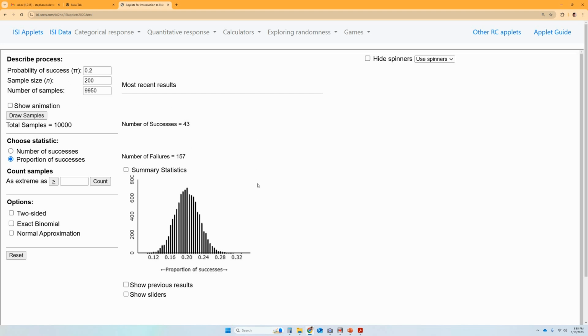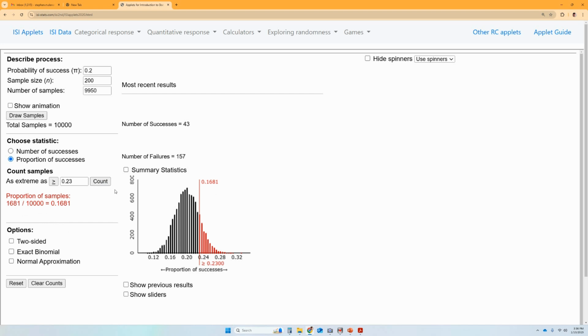Well, if I've done it 10,000 times, I can ask the computer to keep track of that. Out of the 10,000 times that I simulated taking this survey, what percent resulted in me getting at least 23%? In this case, it looks like that happened